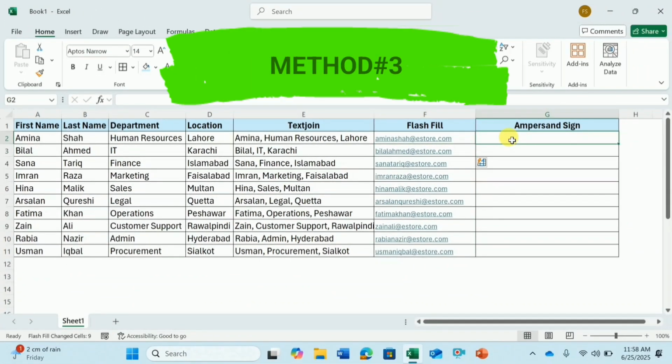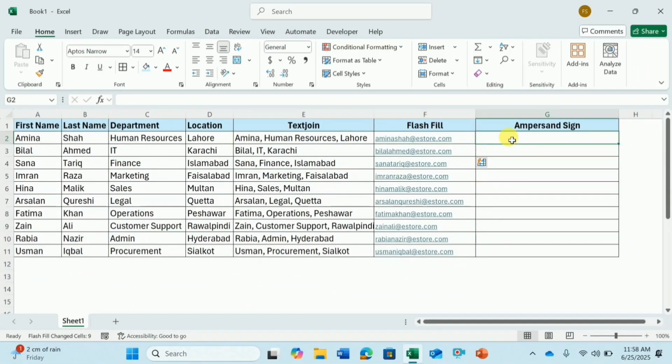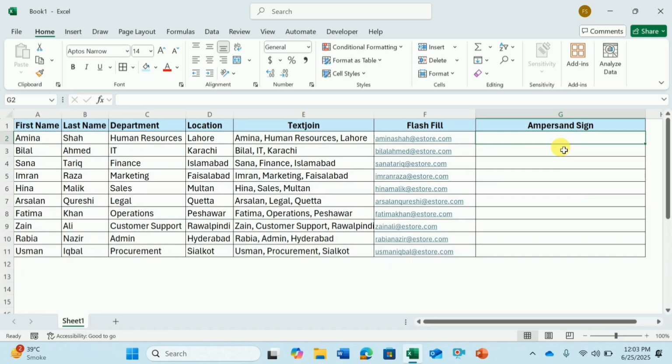The third method is the use of the ampersand sign. Now this method can be used to generate some sort of welcome card for the employees. So for this purpose, here in this cell, I will write equal, and in inverted commas, I will write welcome comma space,